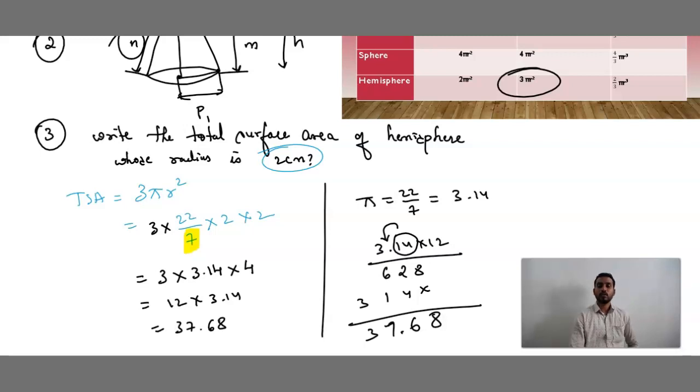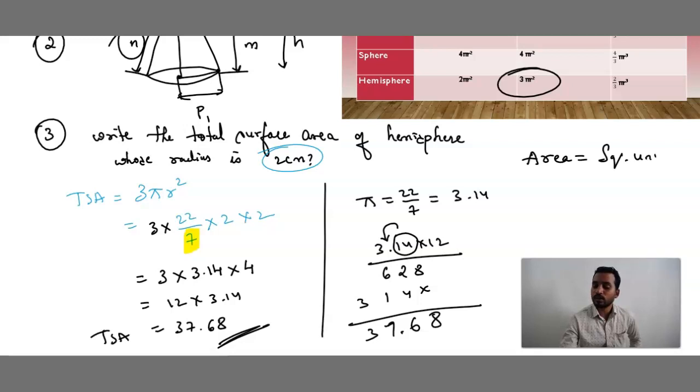37.68. So most of you will write total surface area 37.68 and leave the answer. No, it is wrong. Remember, whenever you see the word area, it is square units. The SI unit is very important. You should not miss the SI units. If you see the word volume, that is cubic units. If they have given area and the unit is centimeter,